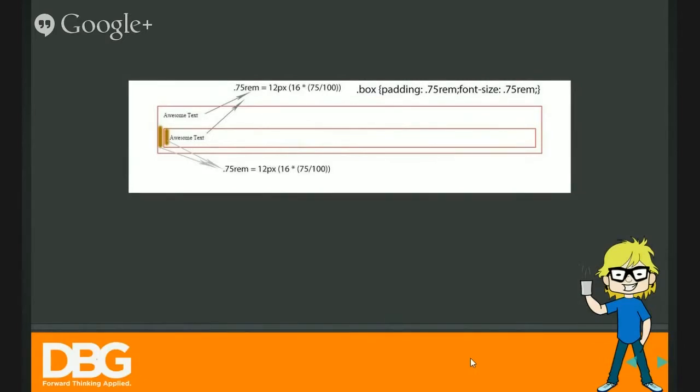Okay. The inner box class has the same font size. It's because it's not related to its parent, it's related to the base font size. No change. In the case of padding, 0.75 REM is equal to 12 pixels itself.